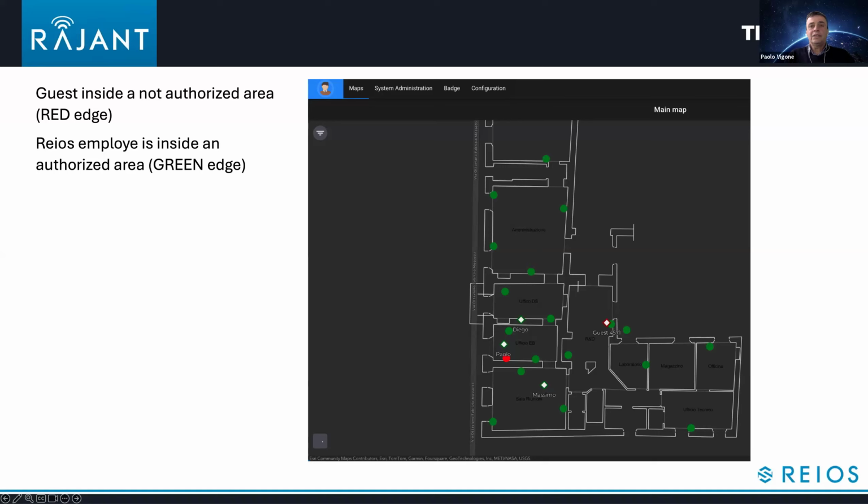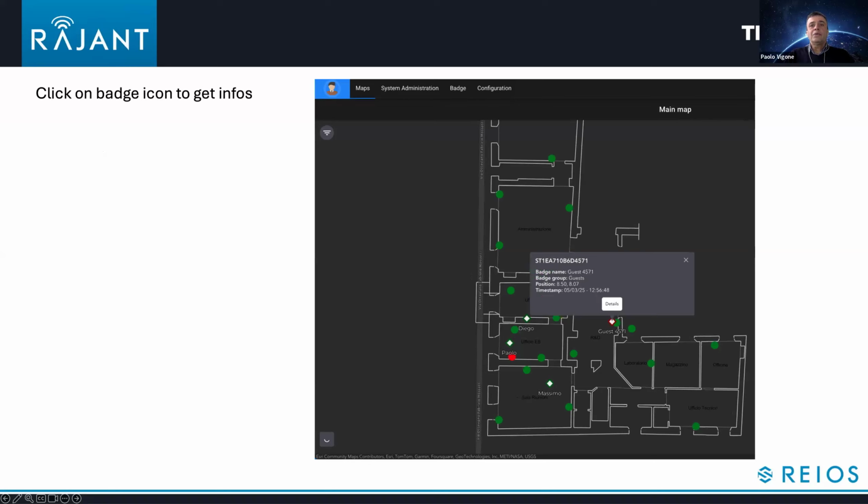the guest people are allowed to stay just in the front office. How to check the area that is allowed to the specific badge? You can click on the badge icon. Clicking on the badge icon, you show preliminary information about the badge. If you click on details,